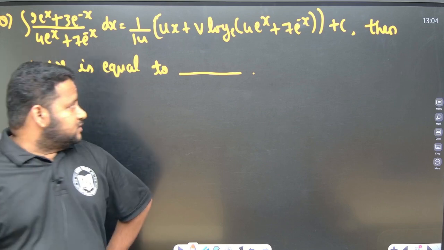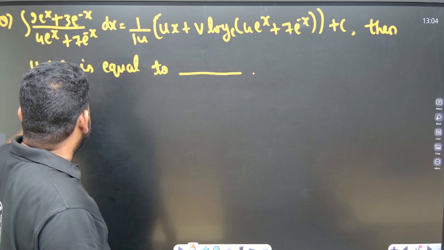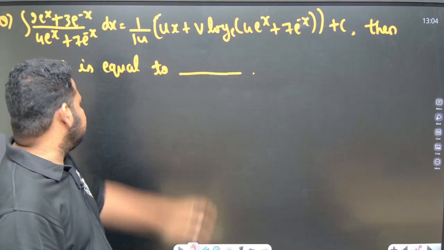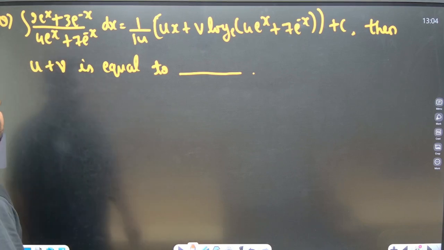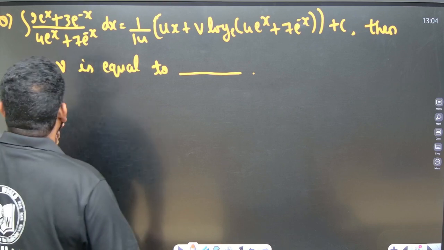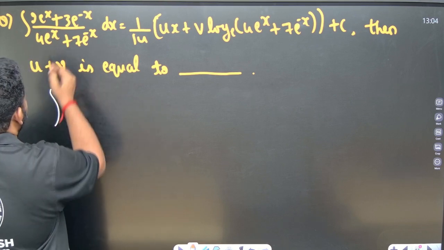Look at this question. They have given the integral of such a function dx equal to something, and you have to find u plus v. So, let us solve this question. See here, they have given the integral of 2 to the power of ex. Let me write it as